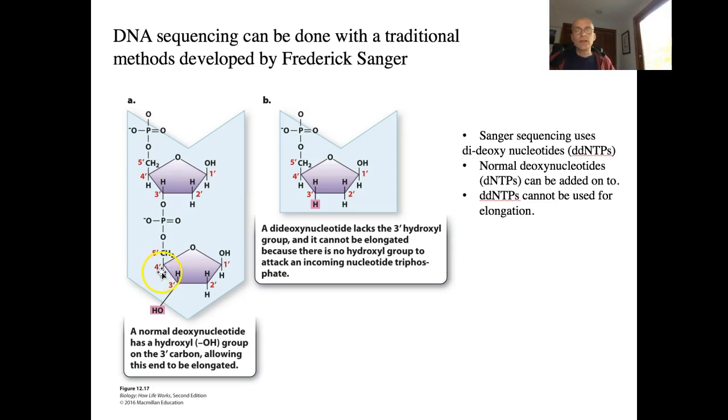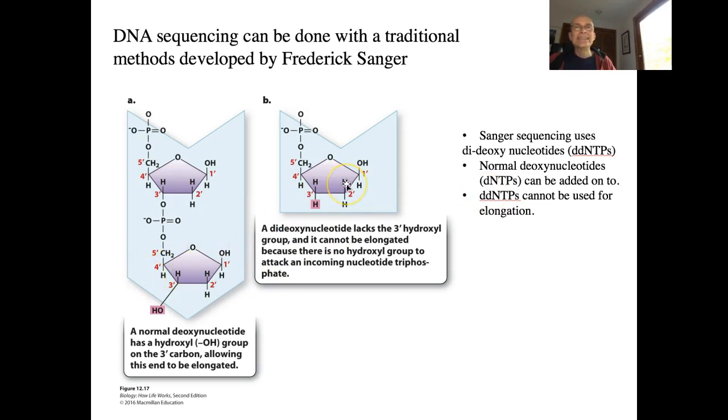In this technology of the Sanger sequencing process, you do not use a normal nucleotide. These normal nucleotides are called deoxynucleotides because they have no oxygen on the 2nd carbon, but they have an oxygen on the 3rd carbon. Instead of using only this deoxynucleotide, also abbreviated as dNTP, what you use in Sanger sequencing is a mixture of dNTPs